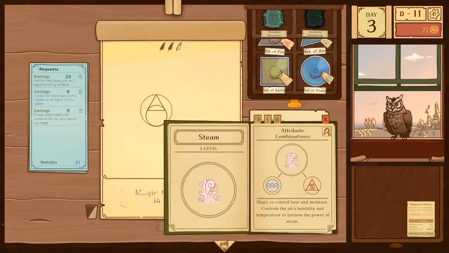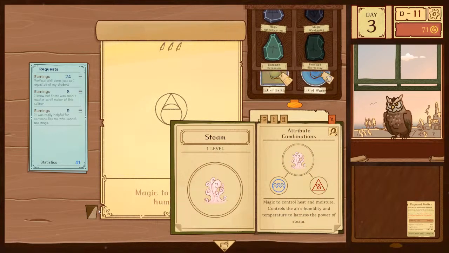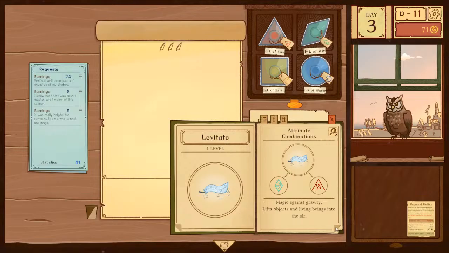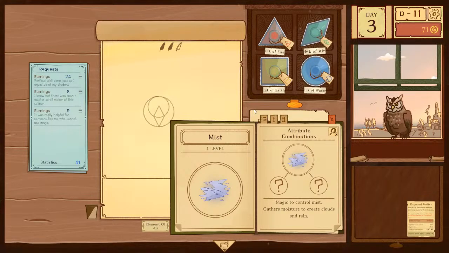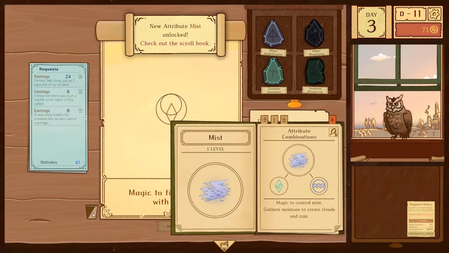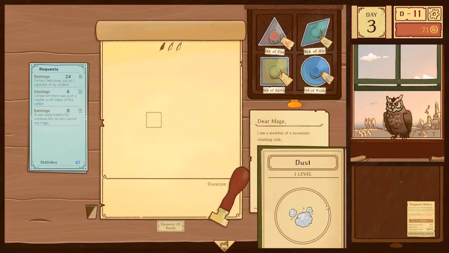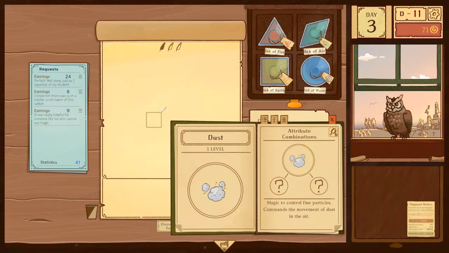Oh, very nice. Steam. Next, levitate. Already have that. Void. Mist. Let's do a diamond first, actually. Nice. Mist. Growth. Dust. Earth and air.